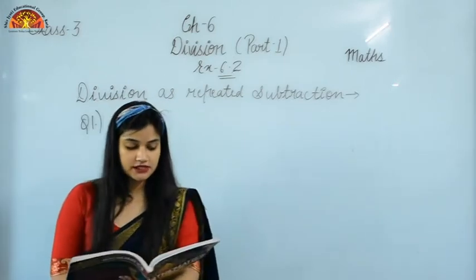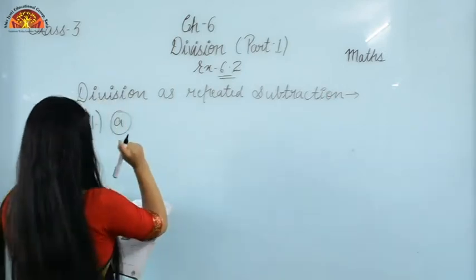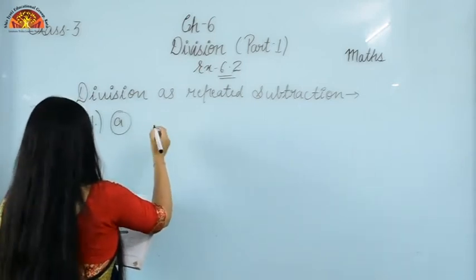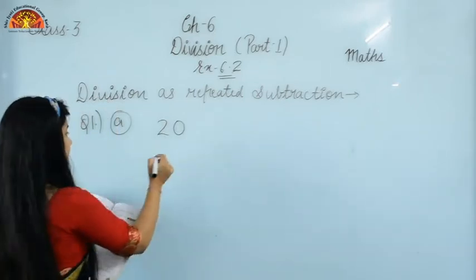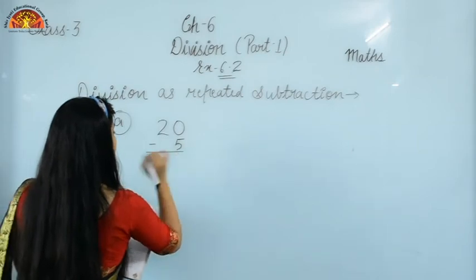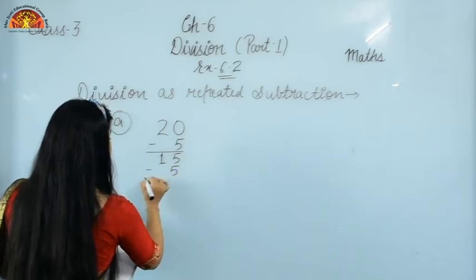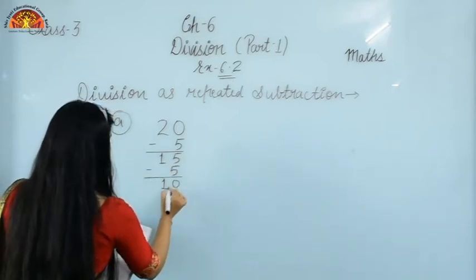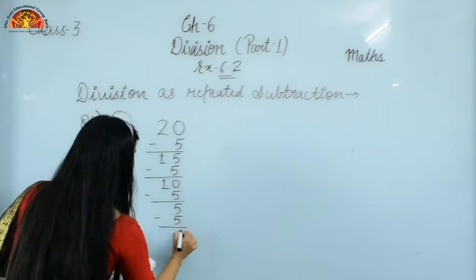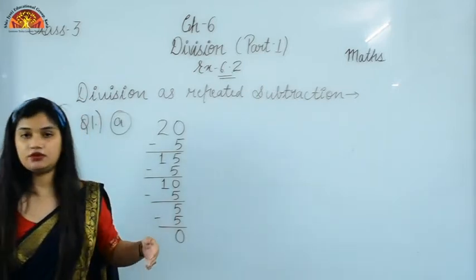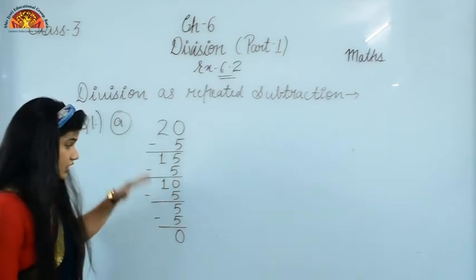So question 1 is, observe the following and fill in the boxes. We have to observe the following numbers given here. So what we can see here, just look here. First of all, we see a number 20, and then the next we can see -5, and the next is 15 and again -5, and next is 10 -5, and the result we can see 0 in the end. Is it clear, students? So just look at this question. This is given in the question. ये हमें question में given है.